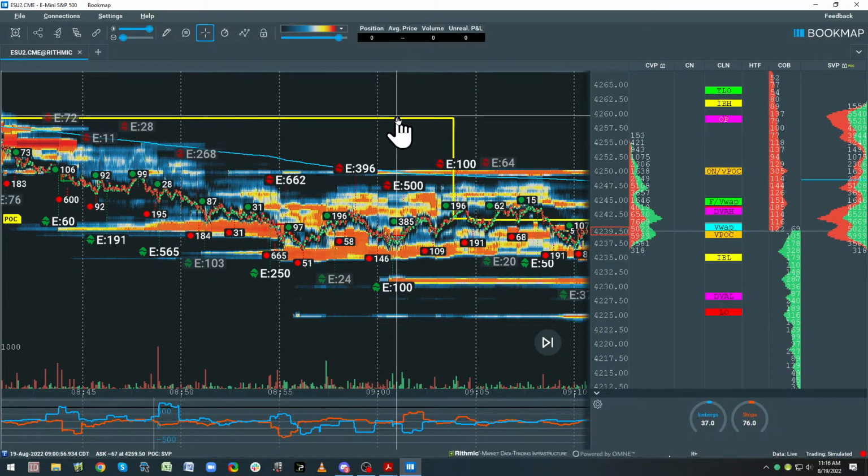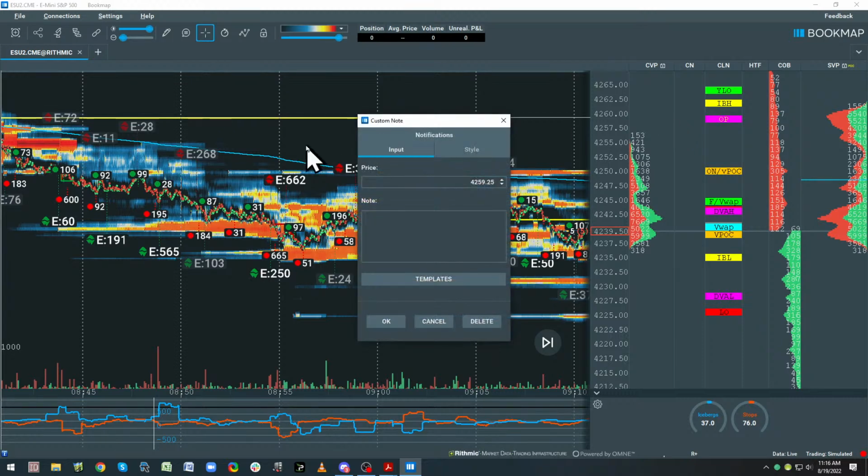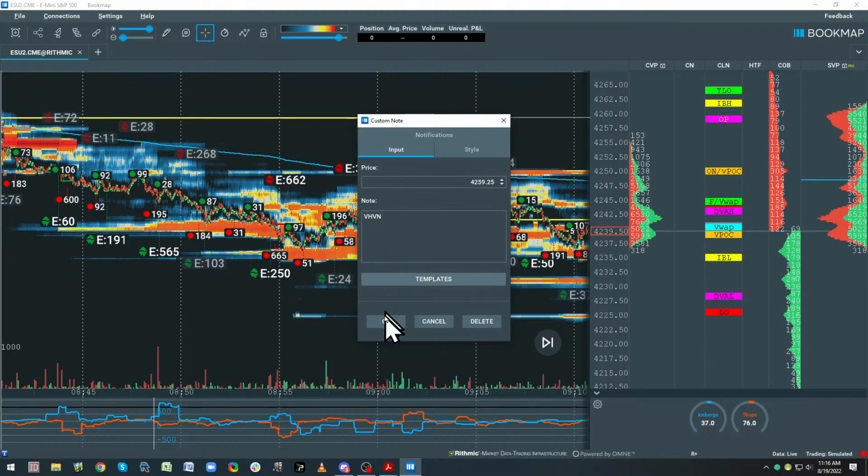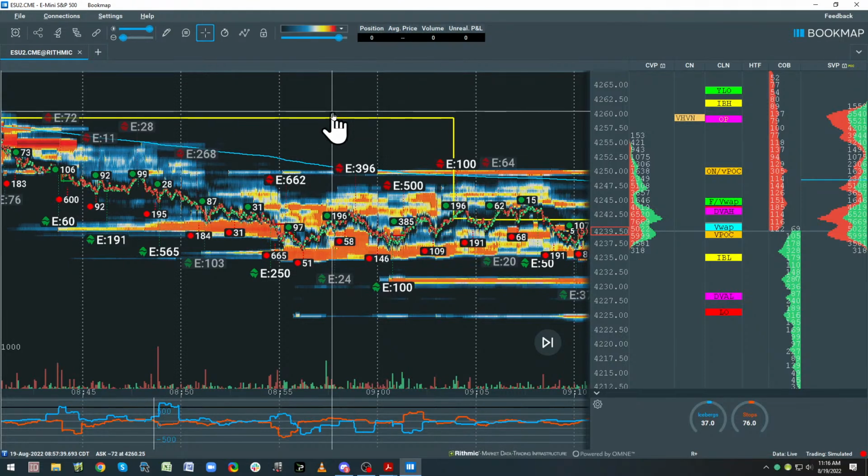And all the volume up here, now I'm going to make a little mark in here. I call it a variable high volume node, and I think the likelihood of getting back here is pretty low, but then again, I don't know. So I just sort of go, yeah, I don't know. But I mark it because what it is showing me is this was an auction. The participants did a lot of volume up here. We rotated, and that's what you're seeing in this. Oh, I like it. It's on sale. Or maybe it's just I'm covering.